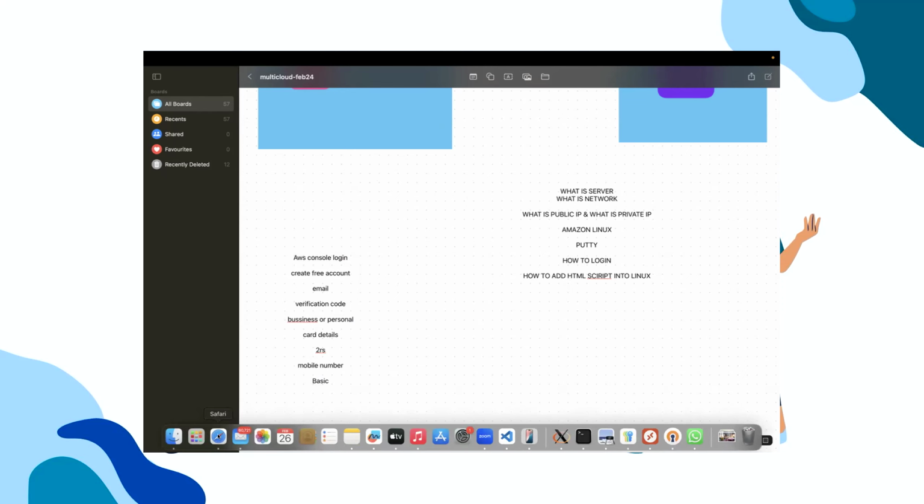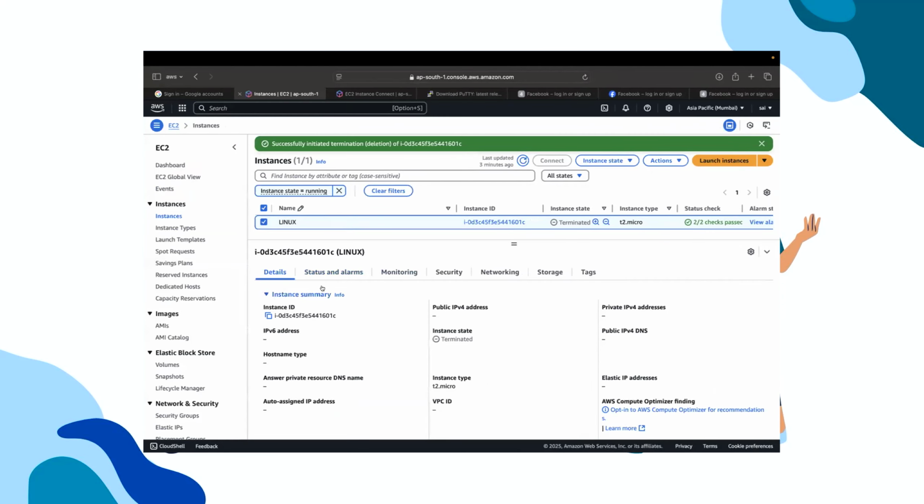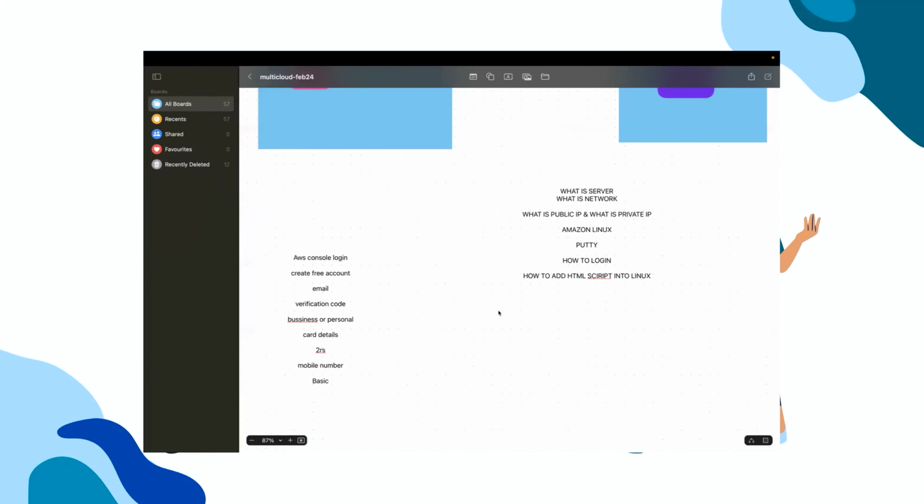Now, coming back, let's create an instance now, a fresh instance. The same thing what we have done yesterday, but today we will try to understand. Yesterday we have seen the steps, right? AMI, instance type and all. So we'll create, and today what we'll do is we'll see once after creating an instance,